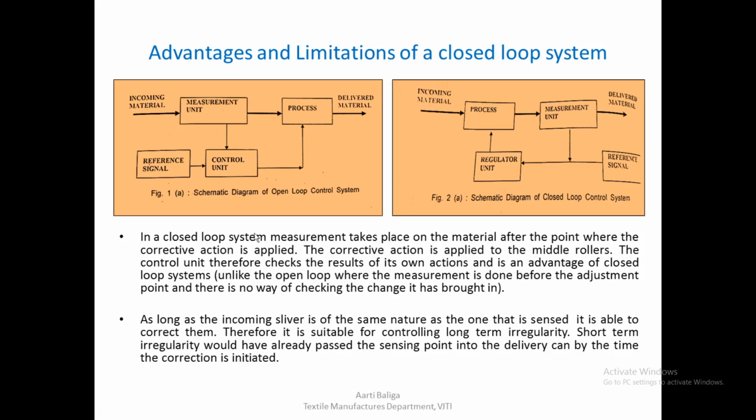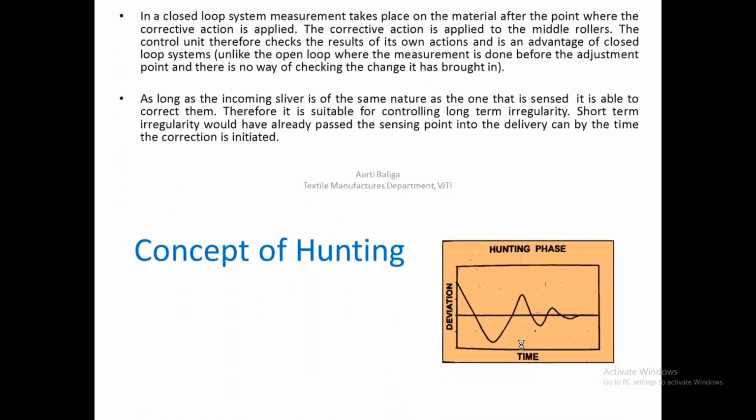Below that, we said that under open loop it corrects only short term. It is very effective in controlling short term variations, and only to a certain extent some medium term variations, whereas the closed loop is very effective in controlling or correcting the medium and the long term variations. So the reason is now quite obvious when we have studied both the systems in detail.